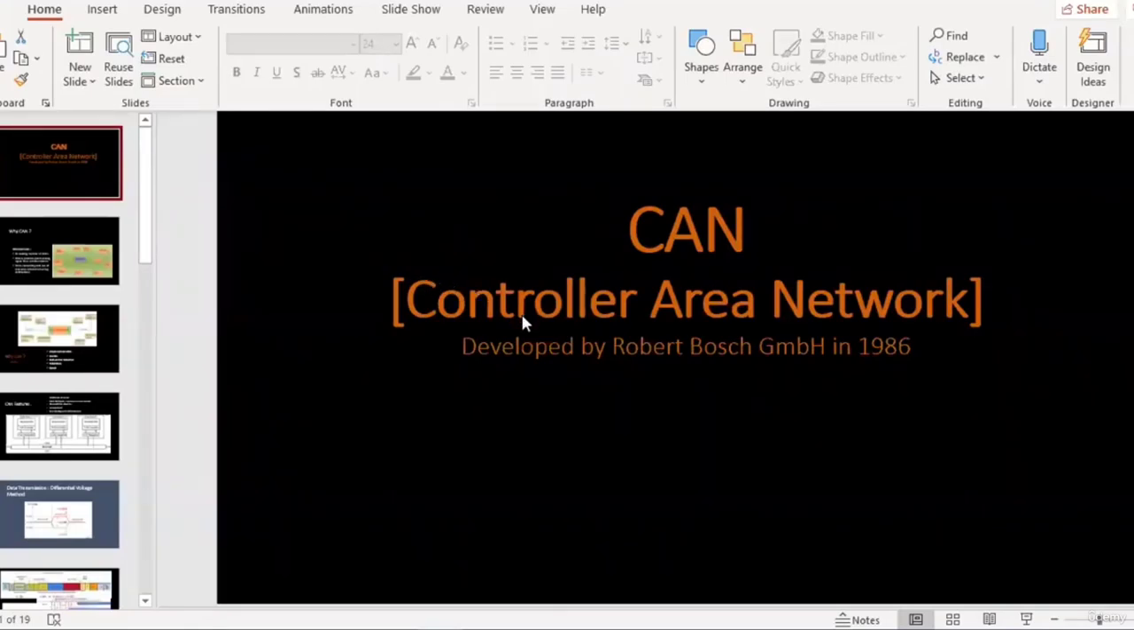Hello everyone. Today we will start the class with the details of CAN network, which is called Controller Area Network. This particular protocol was developed way back in 1986 by a company from Germany called Robert Bosch. This protocol is used in the automotive industry at an extensive level, wherein different ECUs that are